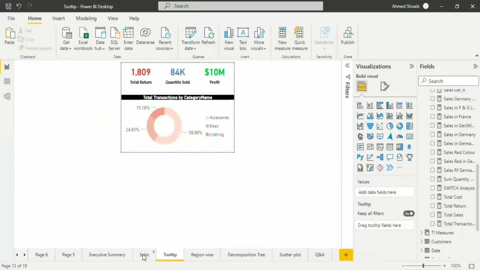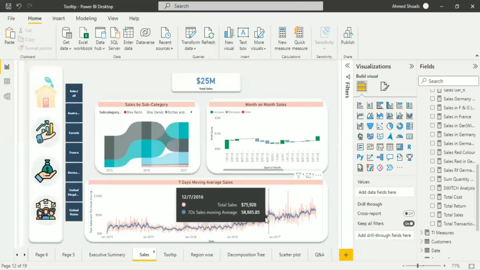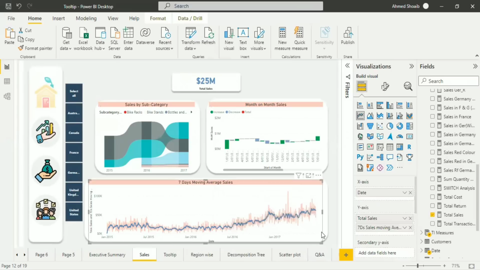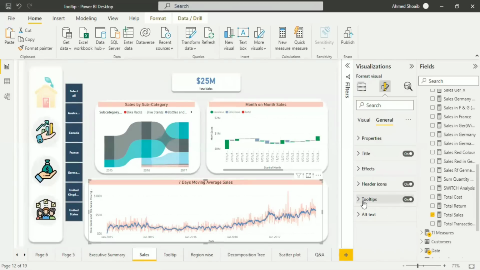Now I'll go to the sales page, and I'll see how I can place it over here. I'll select the visual like this. I'll go to the formatting tab, and I'll go to the general part. I have the tooltips over here, already on because it's the default in Power BI, which says you need to have a tooltip over here. So I'll just